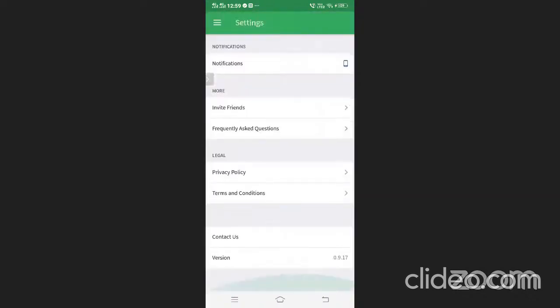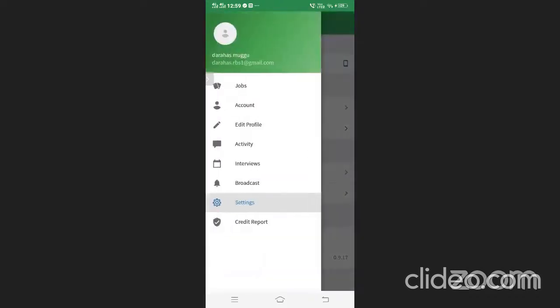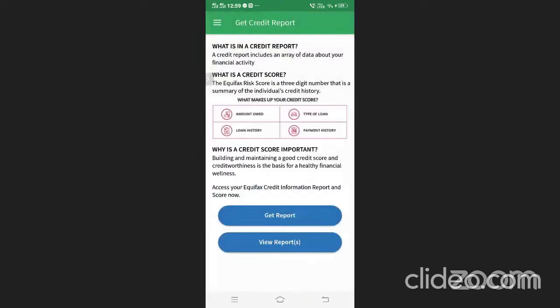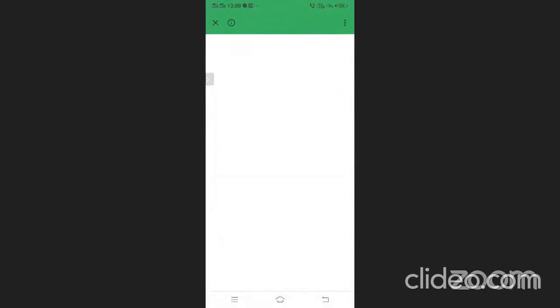Now, the last but one is about settings, which is self-explanatory. And the last section is about the credit report. We have recently partnered with Equifax, and from this, a student can get a credit report. Most of you are aware of what a credit report is, but a lot of students are not aware of it. So if a student wants to get a credit report, they can use this feature, click on get report, and fill in the details in all these particular fields. It's loading. Give me a minute.